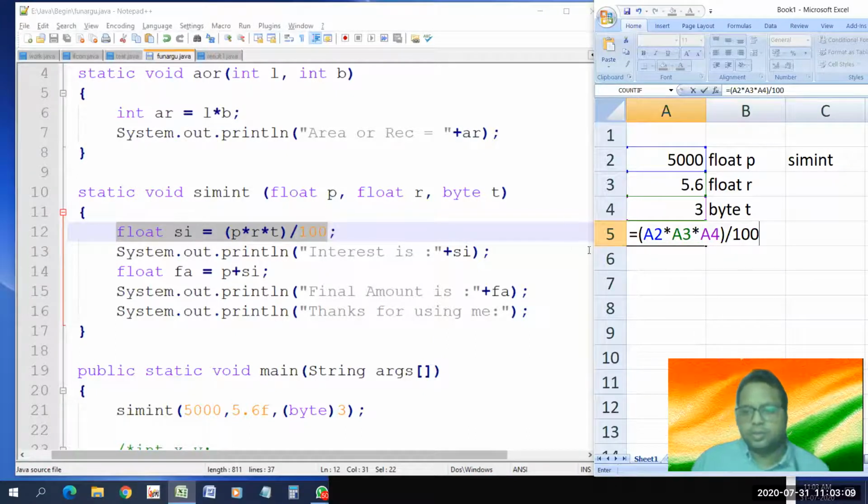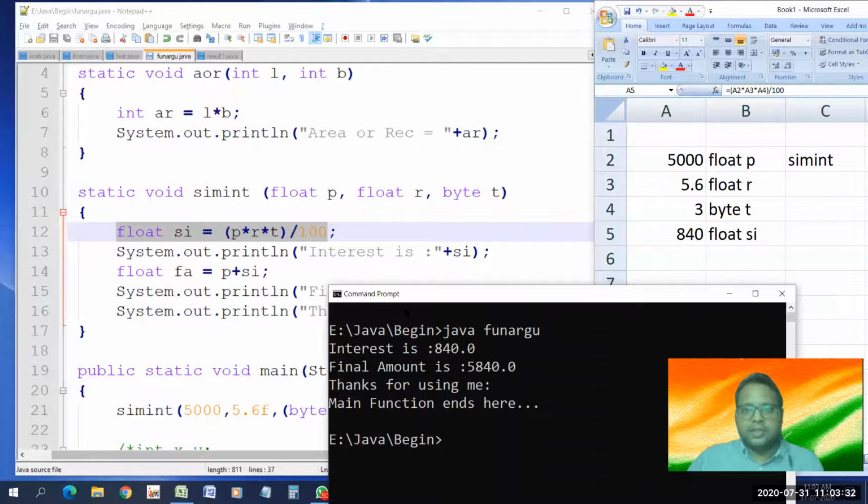This is how you will slowly learn Excel also. These A2, A3, and A4 are the cell references, cell addresses, and A2 contains 5000. The multiplication operator is there. A3 contains the rate and this the time, and this formula we have just implemented here. So 840 will become the value of SI, and that's what is getting displayed here.